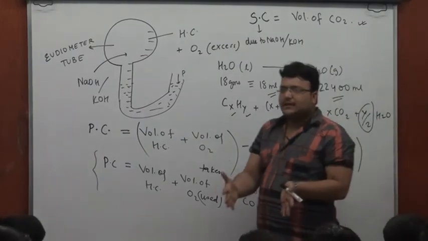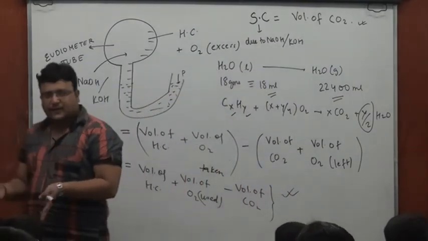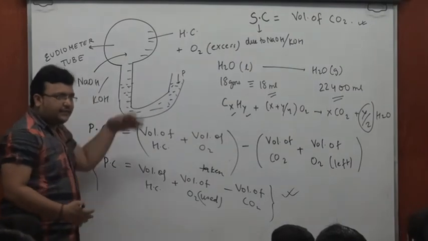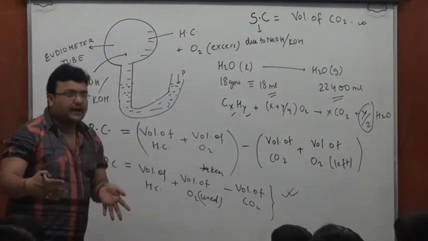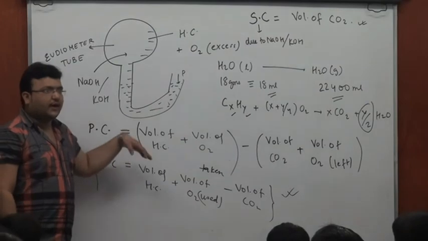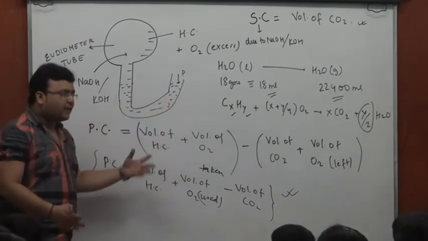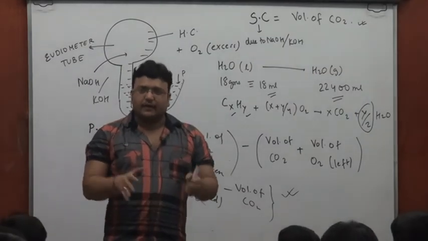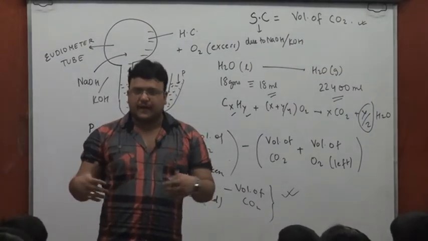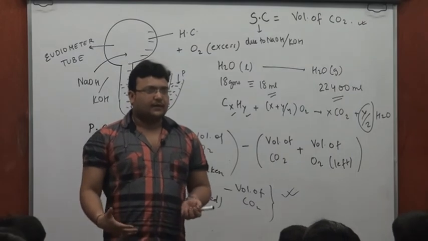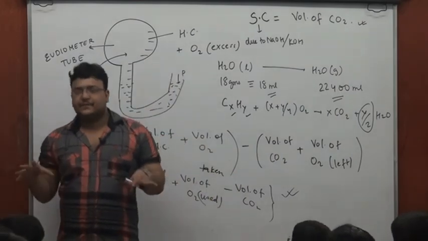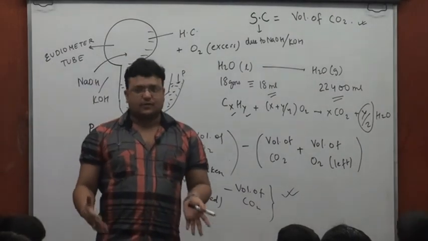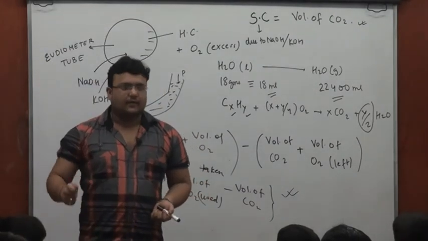So that was the theory part of eudiometry. This was the small theory part. I told you how you deduce primary contraction and secondary contraction. I made you believe that with two equations you'll be able to derive the two variables. Put the values of x and y, and you'll know the exact formula of the hydrocarbon. But believe me, until we get some practice of problems on this topic, the understanding as well as the confidence will always be lagging.